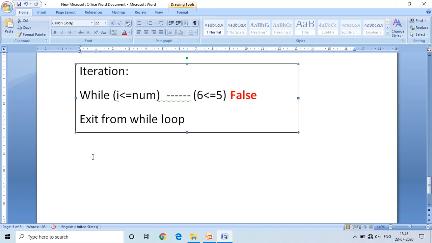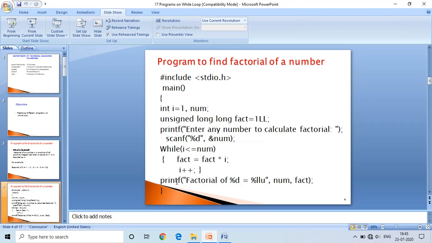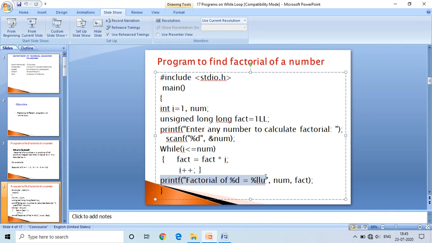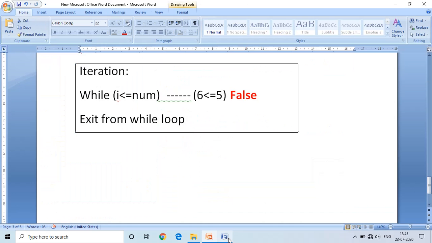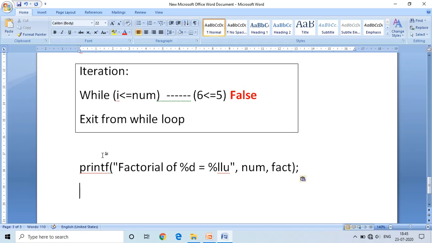The following instruction of the while loop is here: printf factorial of %d %llu, num comma fact.